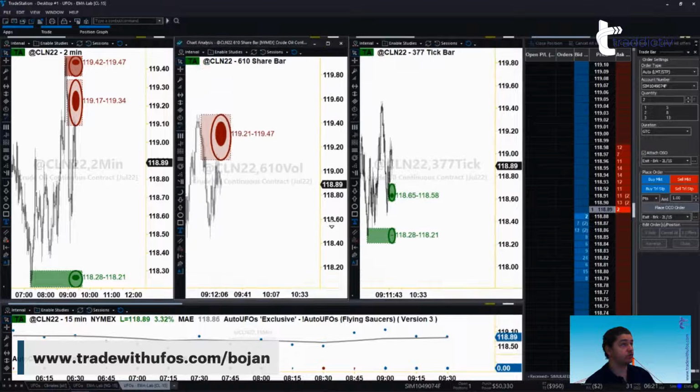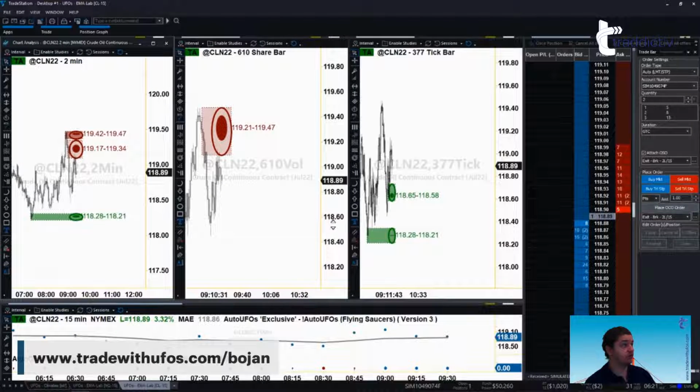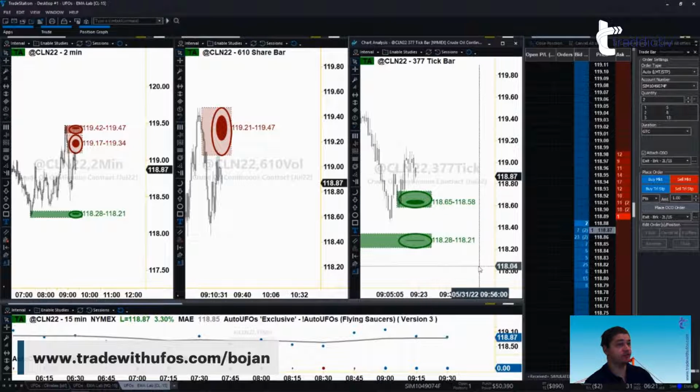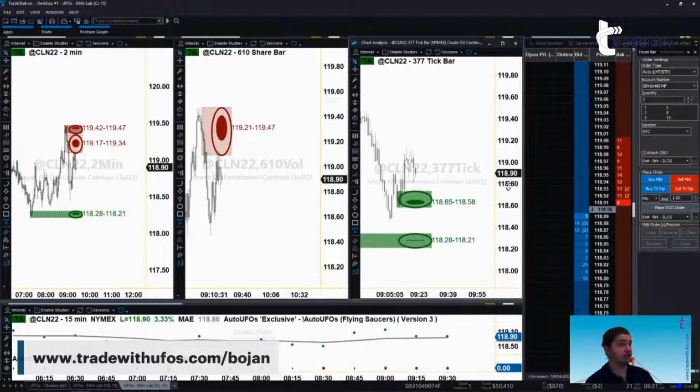All right, so for crude, as we saw, we're looking at an up climate right now. 118.86 is the moving average, which is right there, essentially just a little bit above. However, this UFO is close, but it is not close enough. As you see, price is currently touching it at 118.87, 118.89, so it's right around the price where the moving average is. However, we do not have a UFO that's close enough that we can execute on.